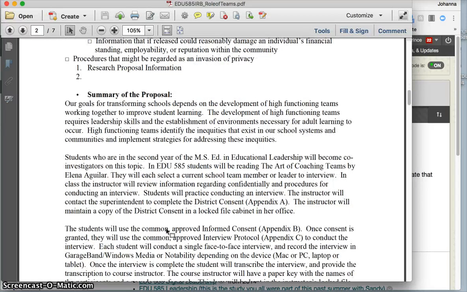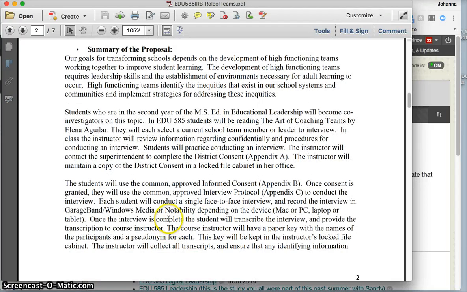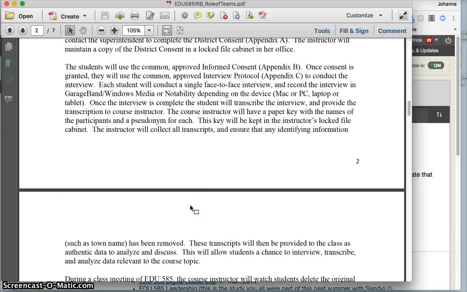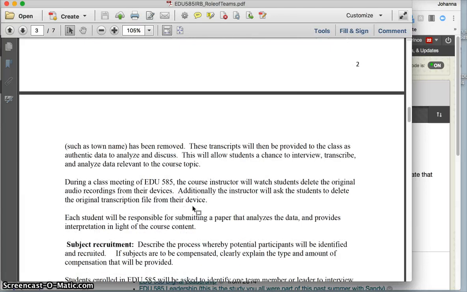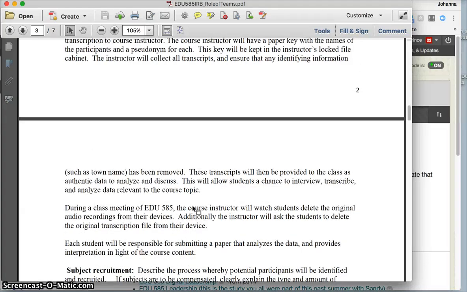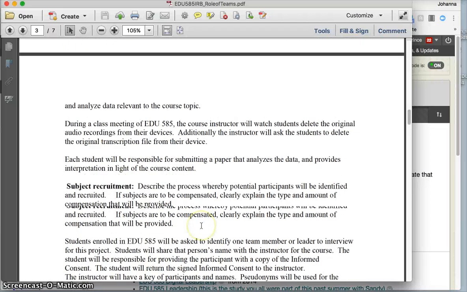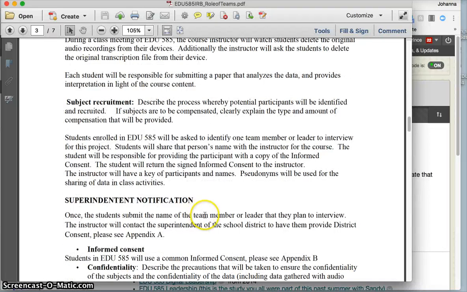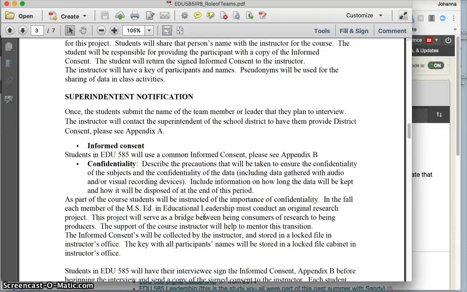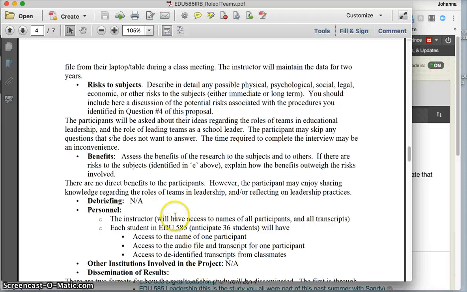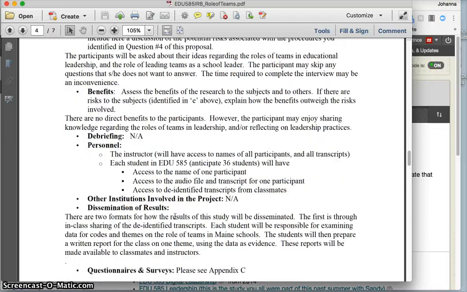And then there's a summary of the proposal. You can get a sense here of what goes into that. It's really to give the IRB an overview of what it is that you're looking to do, and why you are looking to do it. It is not uncommon that your summary section would have some references to your literature. Then there's the subject recruitment, and how you're going to do those pieces, confidentiality, the risks, benefit, debriefing, and then the personnel and